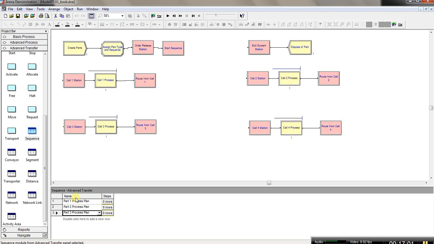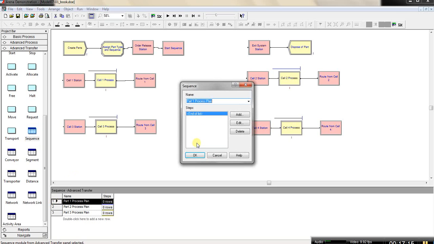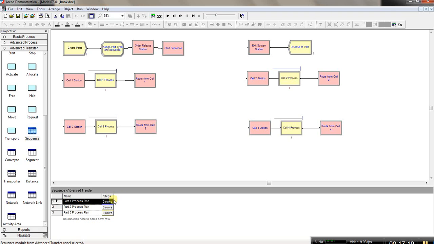And this means that this is a sequence of stations that any part 1 type entity must go through. So right now it's 0 because you can see there's no steps or anything. So what we need to do is we need to add the steps here for each of the parts. So we're going to start with part 1,